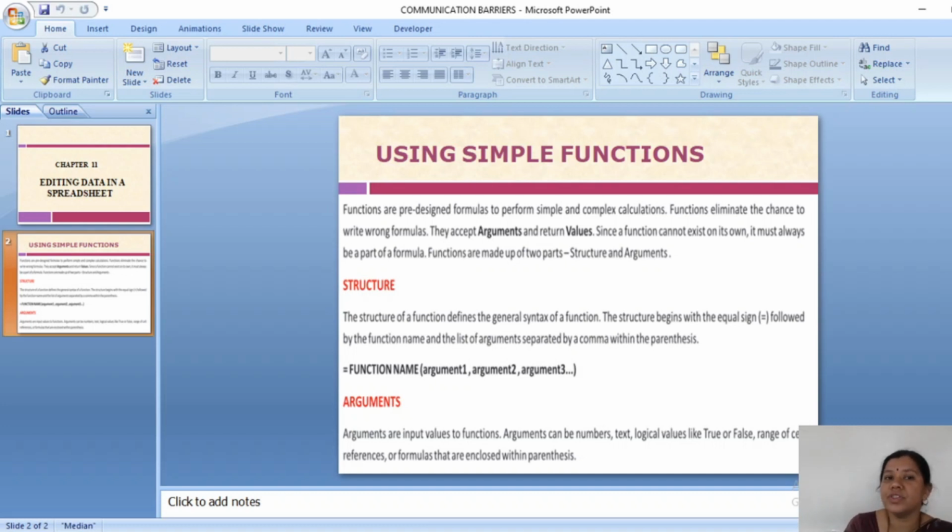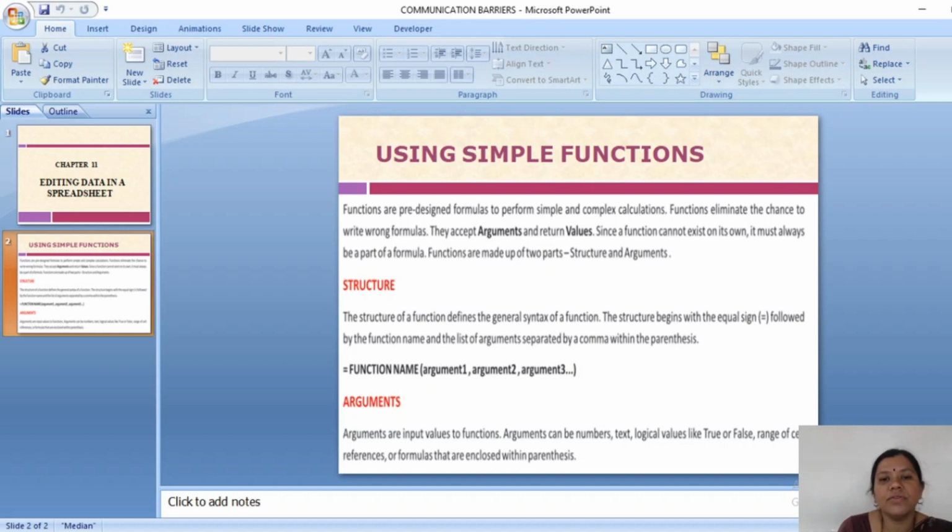Functions eliminate the chance of writing wrong formulas. They accept arguments and return values. A function cannot exist on its own; it must always be part of a formula. A function is made up of two parts, structure and argument. Now we'll come to the structure.